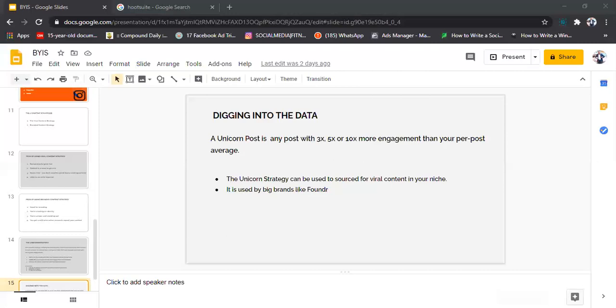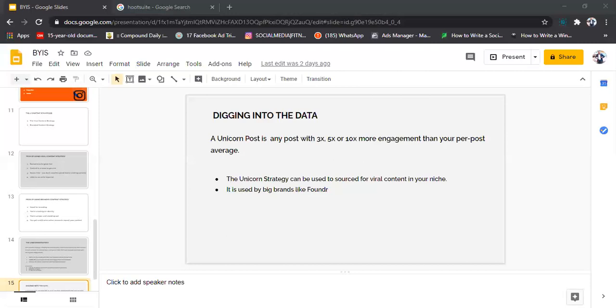Aside from Daba, let me show you another account I have used it on. The Unicorn strategy is a very, very fast strategy that you should employ. This account was 255 followers when I took it. Not up to a few months, and see the followers it has gotten to.